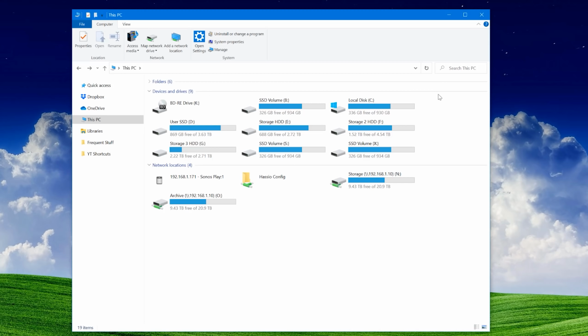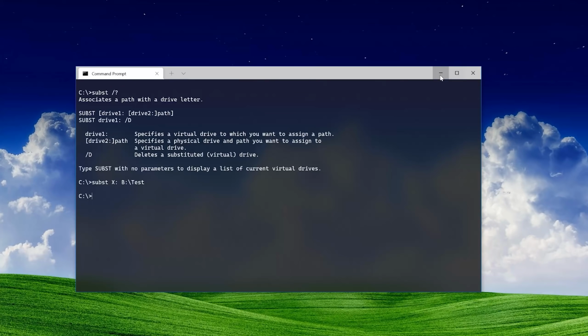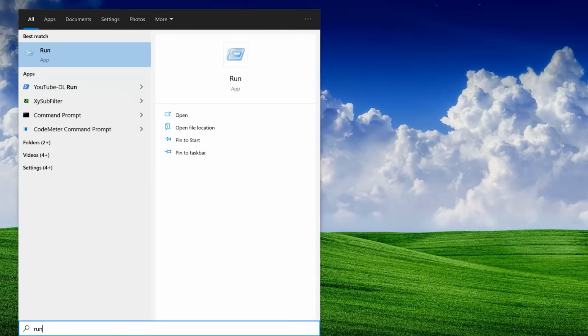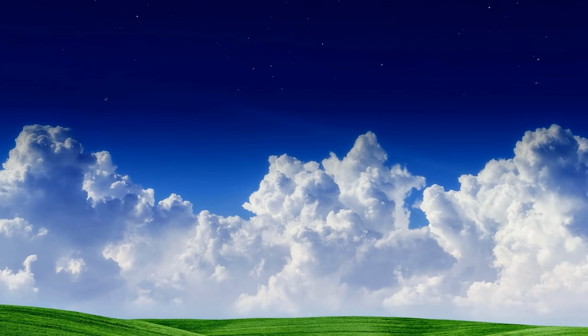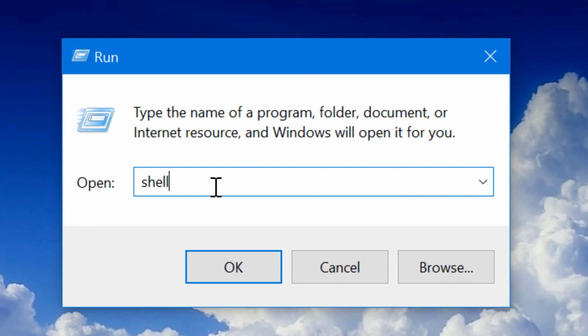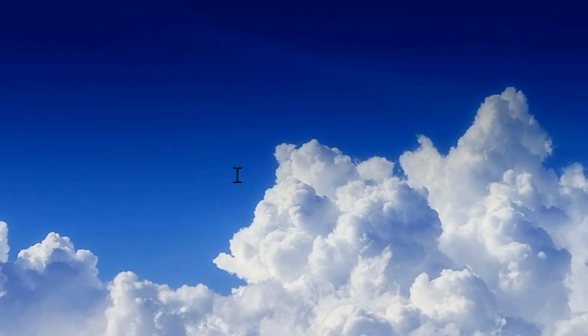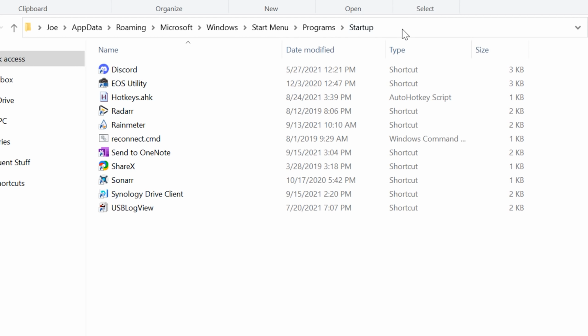The first way is to use the startup folder in Windows. So you might not have known about this. If you go and type in run into the start menu to bring up the run box, and type in shell:startup, it will open a folder, and this is a special folder because everything in this folder will start up with Windows. It's kind of like an automatic run.